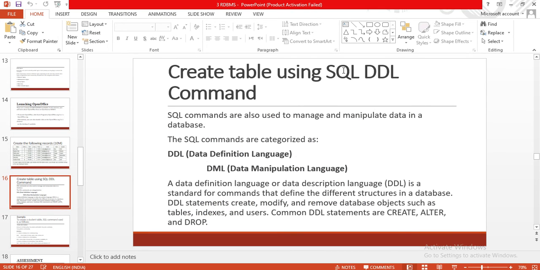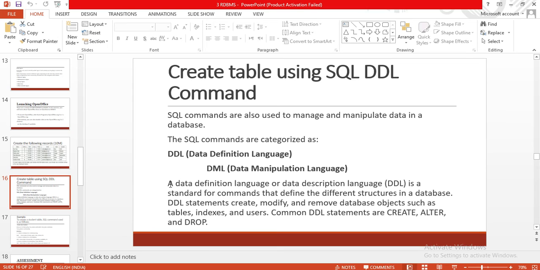Create a table using SQL DDL commands. We learned how to create a table using the table format. Now let's learn how we can create a table using SQL DDL commands. SQL commands are also used to manage and manipulate data in the database. The SQL commands are categorized as DDL, data definition language, and DML, data manipulation language.